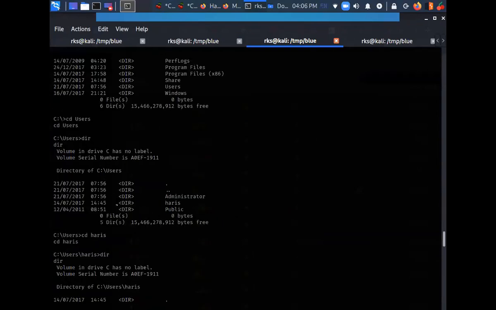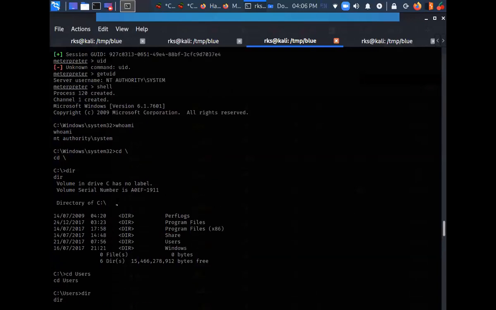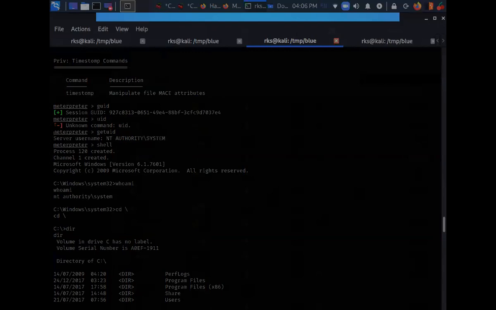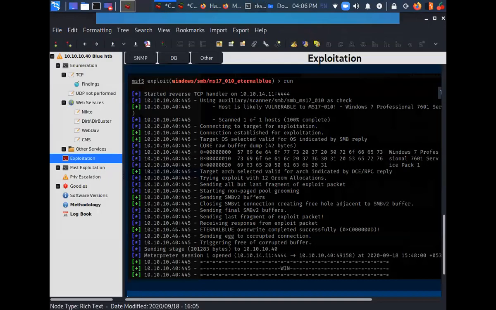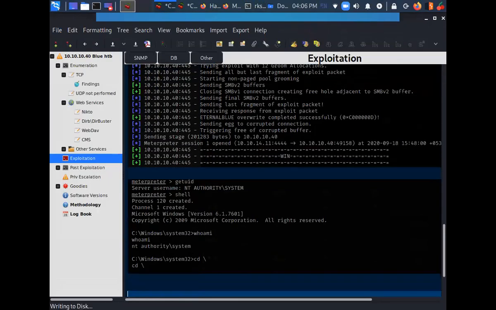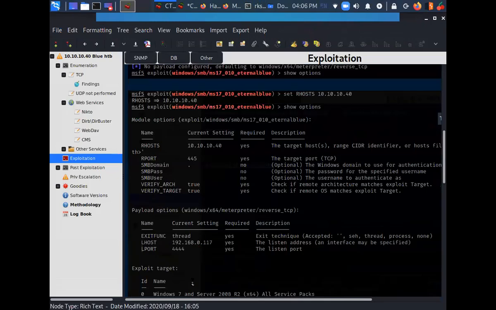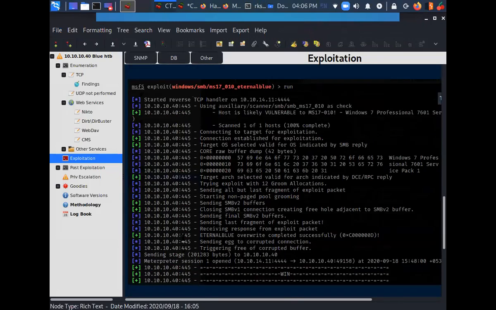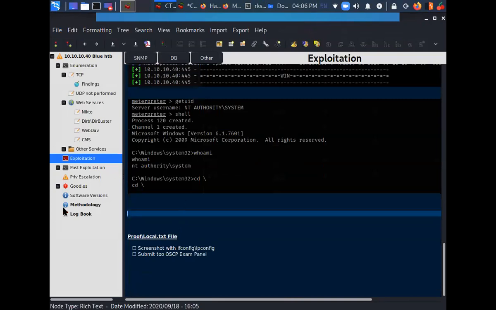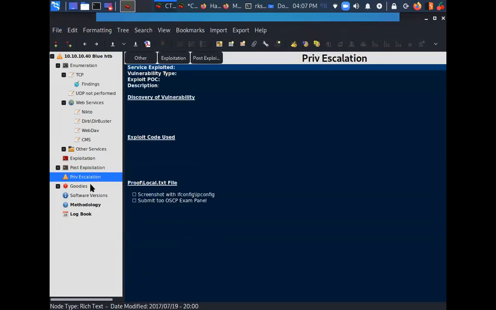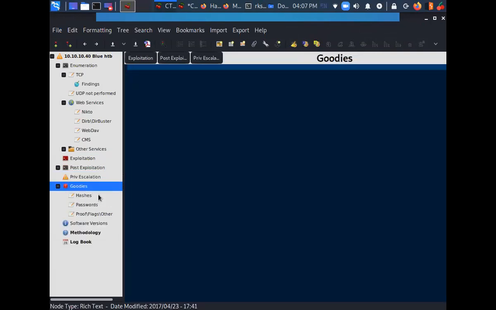Where is it? Yeah, here it is. Get UID to here. Just save it. So that's how you can document your steps, what you did after post exploitation, privilege escalation, anything else you were able to find on the system.